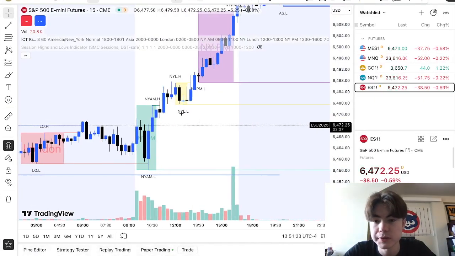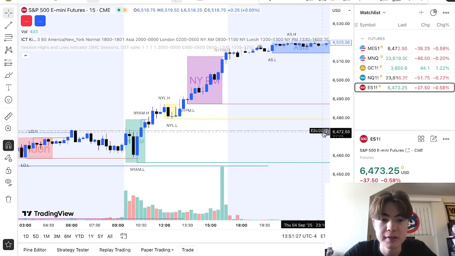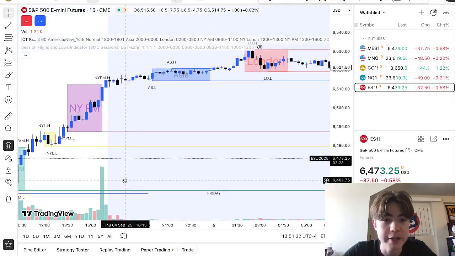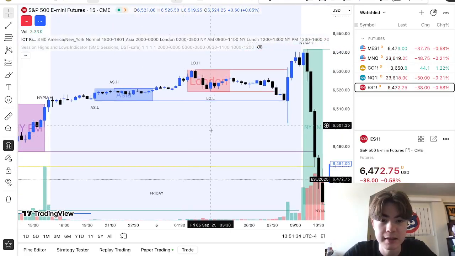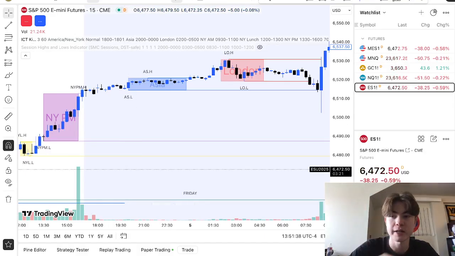Alright guys, so today I'm going to explain the ICT indicator for session highs and session lows, and this indicator is what I'm going to be using from now on when I'm trying to find my Asian and London session highs and lows, because the one that I was using before, the one by Breezeboy 12 on TradingView, that one's